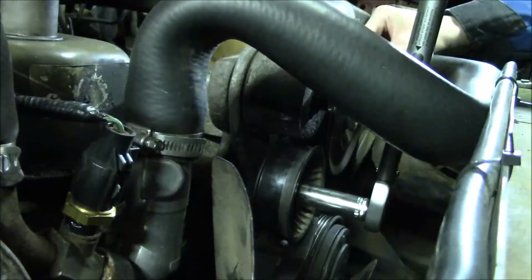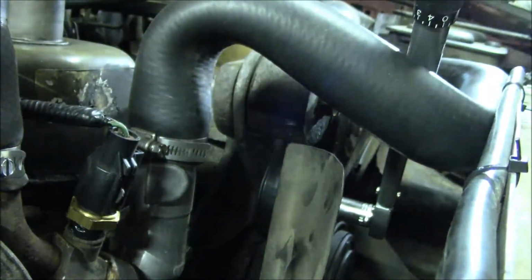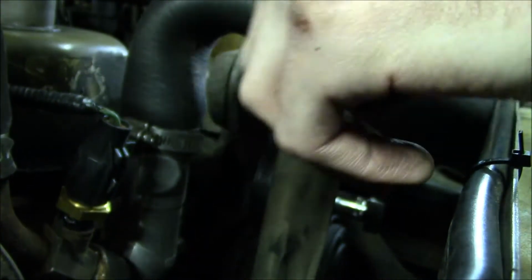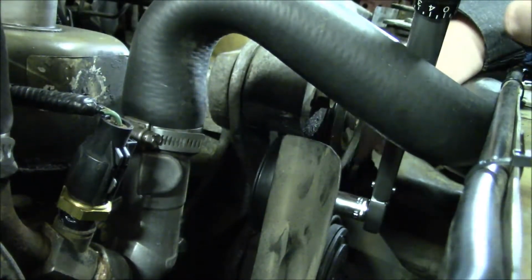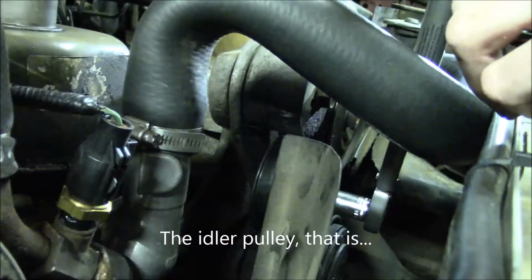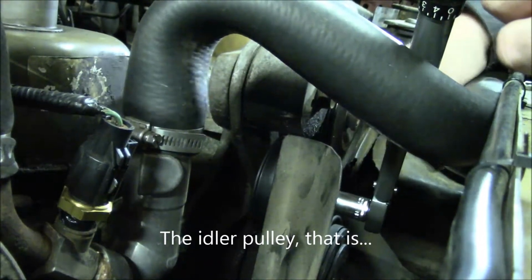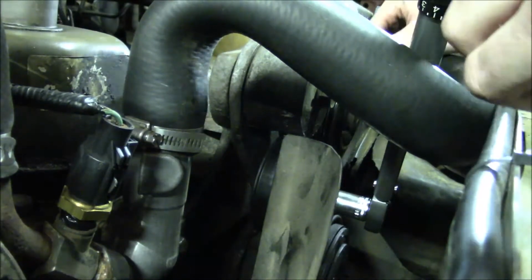Now I've released the belt from the alternator and the whole system here. So thankfully this is an auto tensioner on here, but this pulley kind of makes some grinding sounds when I turn it. So this might be worn out, I'm not sure. Anyway,